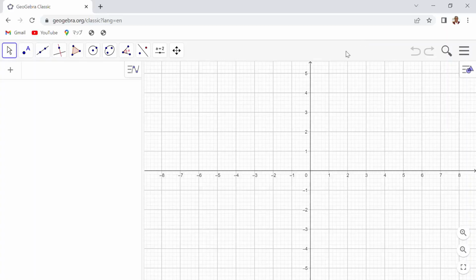Okay, we now want to create a pyramid and a prism using GeoGebra Classic, and then we want to see the nets of the pyramid and the prism. So first of all, let's see how we can create a pyramid. So this is the window for